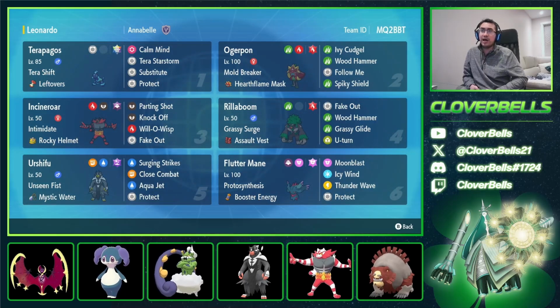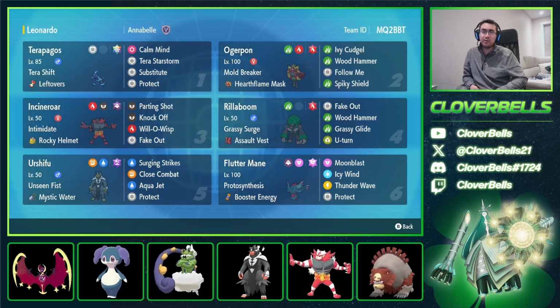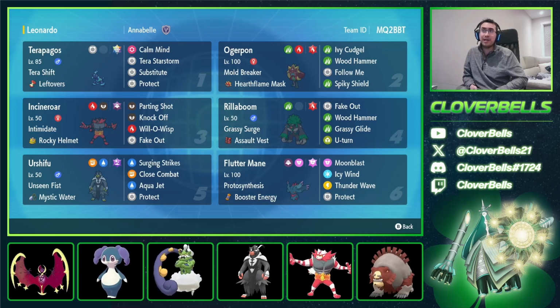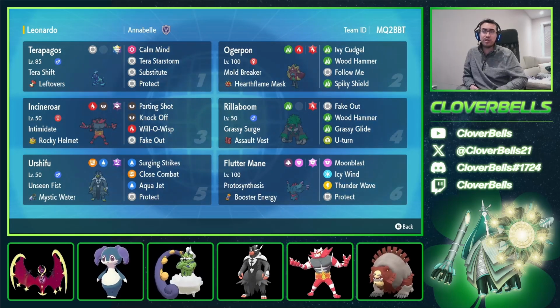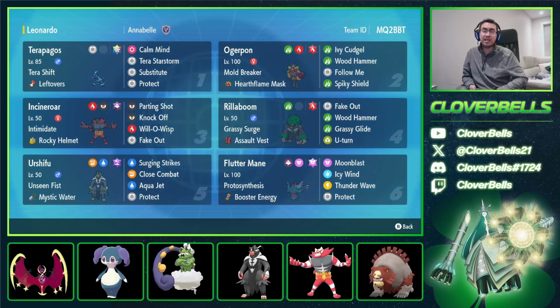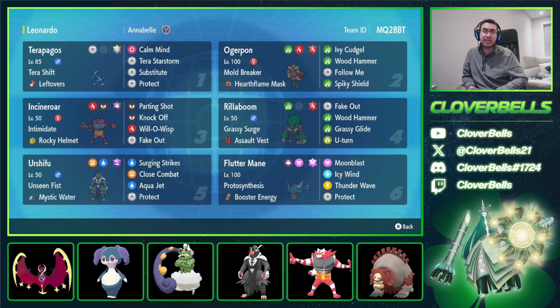So it's also good to have a Ghost and Normal typing here, just to be able to support each other, because remember, Terapagos is weak to Fighting coverage, right? So something like a Body Press from a Zamazenta, you don't want to take that. But what if you switch in your Flutter Mane? Now that Body Press just doesn't do any damage, and then you could just click Thunder Wave or Moonblast, chip it down, and then in the end game,